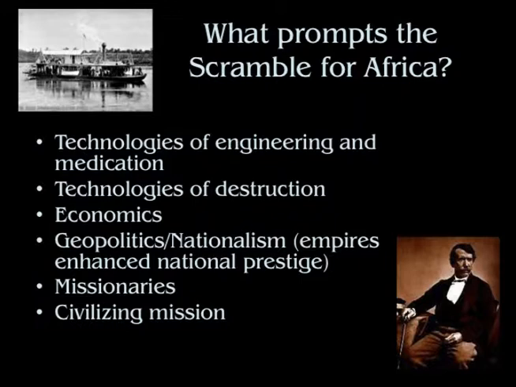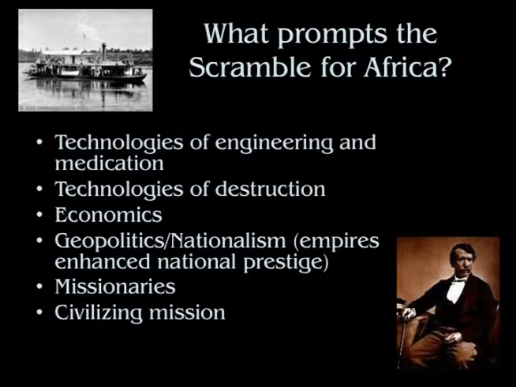Another example is that France actually occupied thousands of square miles of the Sahara Desert. That also gives it some prestige, but some of these land claims were actually made to protect other areas that they thought were very important. So that Sahara Desert chunk of land was supposed to help France protect its interest in Algeria, which was a